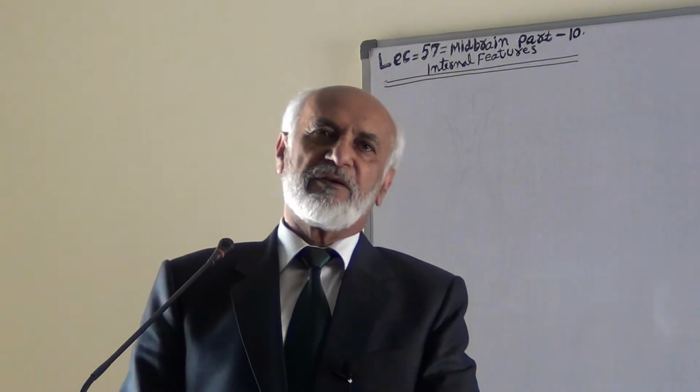And just above is part of the diencephalon, that is the thalamus, and on the inferior surface of the thalamus there is the metathalamus, which comprises the lateral geniculate body and medial geniculate body. So these were some of the external features of the midbrain in this region. Now, what are the internal features of the midbrain? In the case of colliculi, brachium of the superior and inferior colliculus, lateral lemniscus, and also lateral and medial geniculate body.